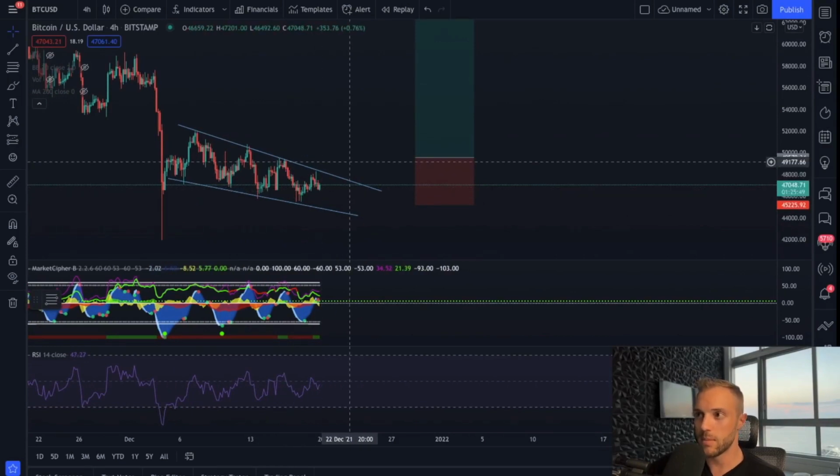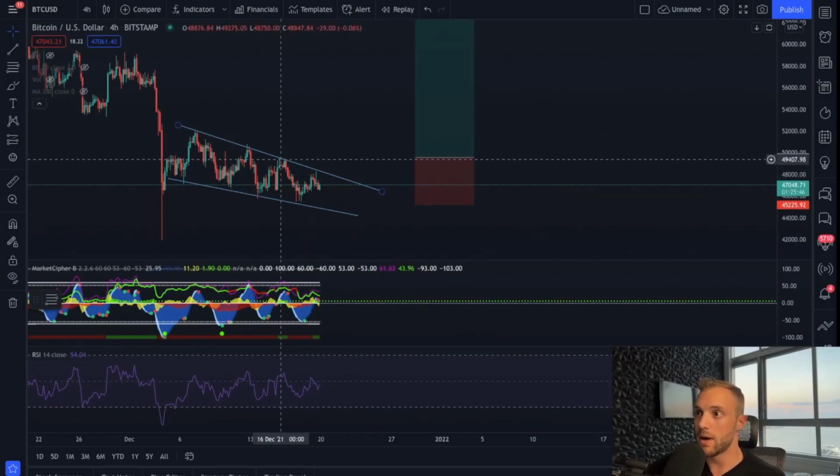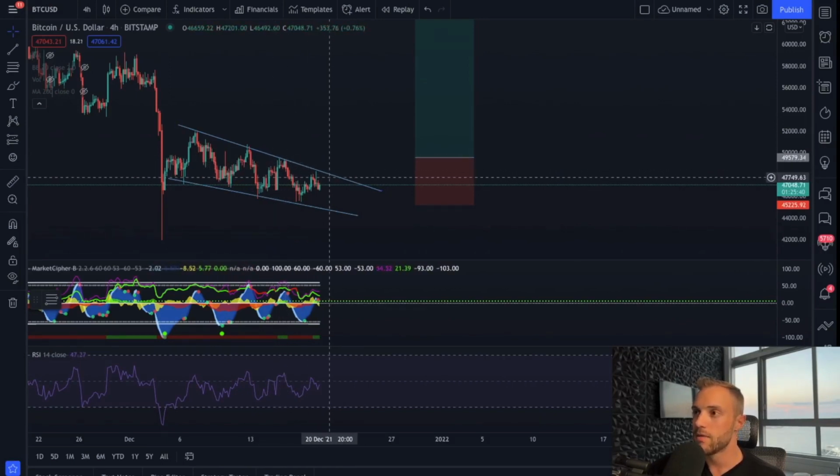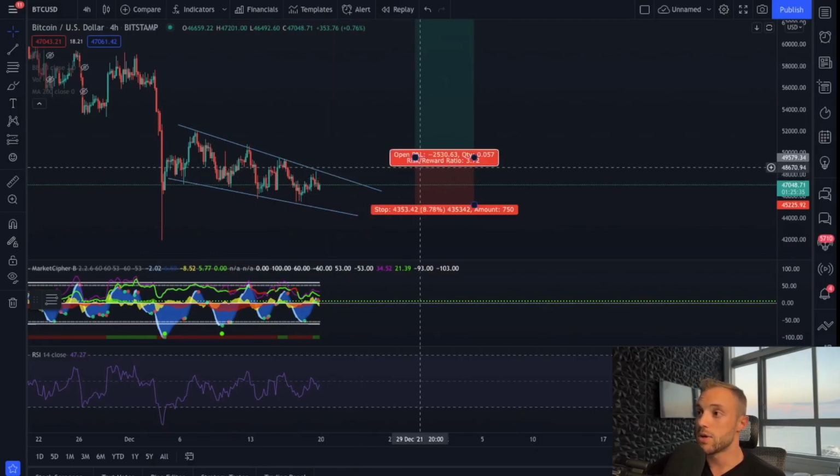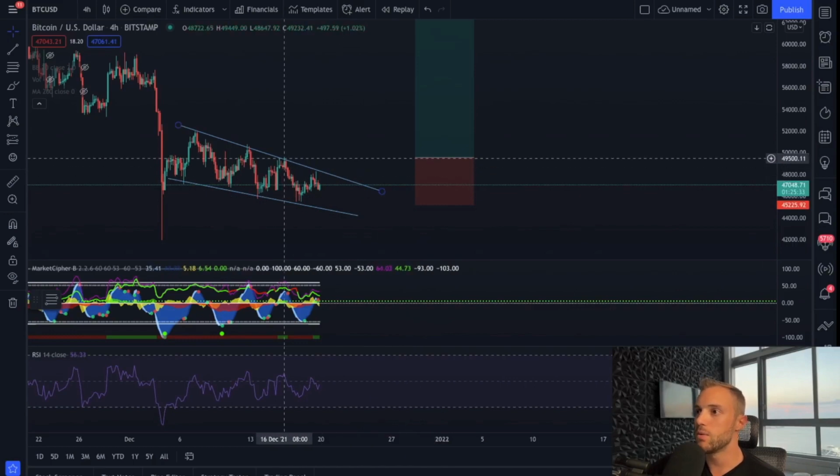That'll confirm a reversal for me, right? So I want to see this not only break this blue line, I also want to see this break this previous swing high right here, okay? For me to have the confidence to go into a trade, right? So I'll show you a conditional trade here. Then let's say we do hit a trade here.